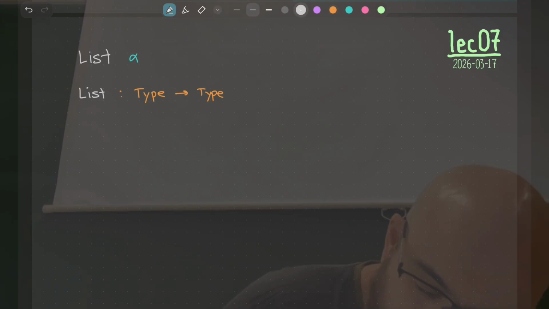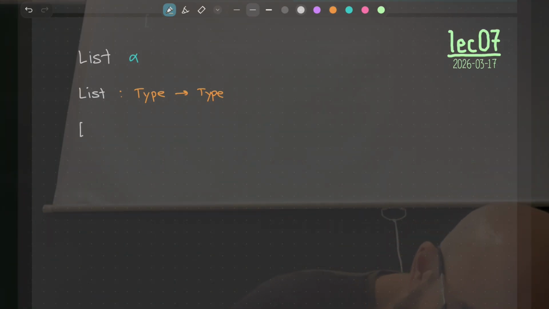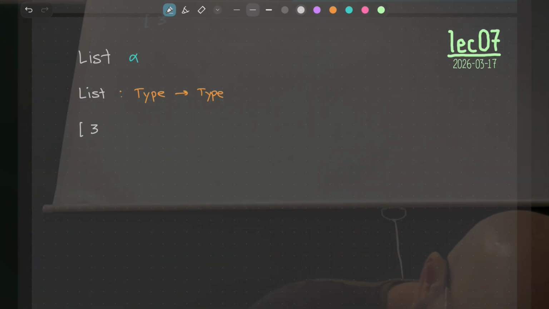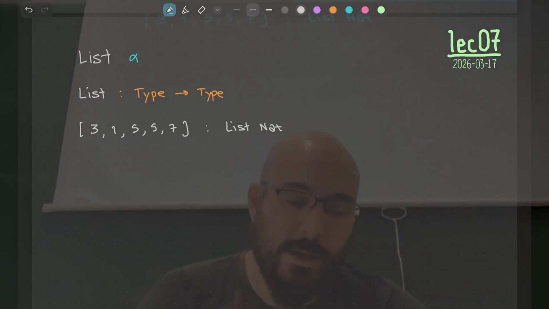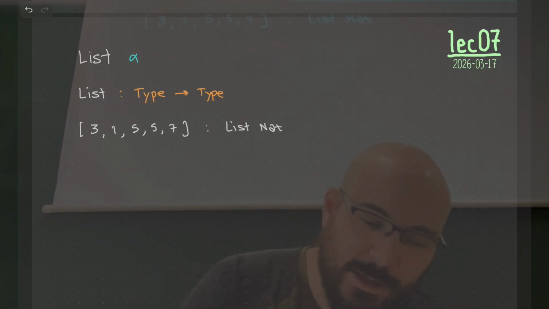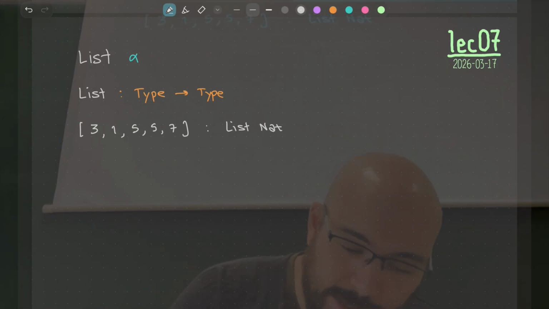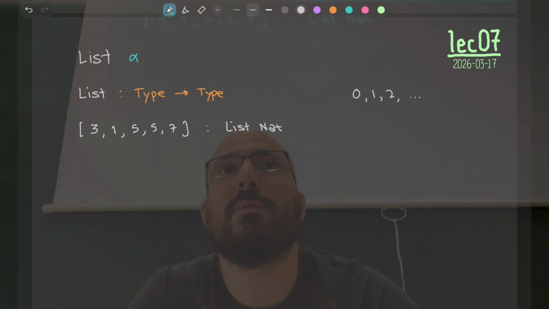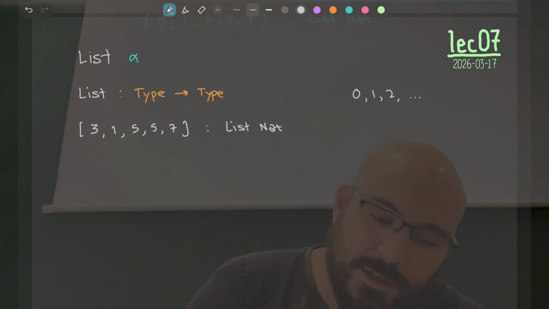And the idea is that, for example, I want to capture the idea of having a bunch of elements of the same type, and they come in a certain order, and I can have repetitions and stuff like that. So this is a list of NAT, for example. Does that make sense for everyone? Yes, okay. So saying that I would like this kind of thing does not give me the right to say that I defined lists. In the same sense that saying that I would like these guys here does not give me the right to say that I have defined the natural numbers. So similarly to that,